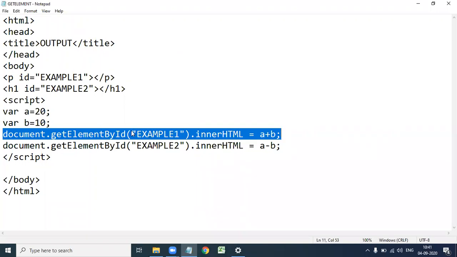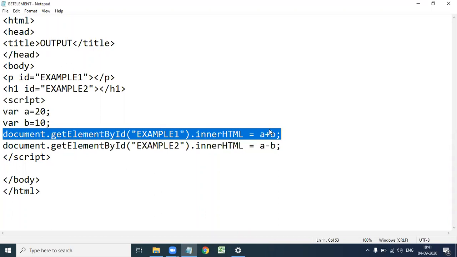So till now we discussed the output statement document.write of some output, like Hello world. So here document.getElementById of example1 .innerHTML equal to a plus b means it changes the HTML content of the P element, the paragraph element having ID example1, with a plus b.